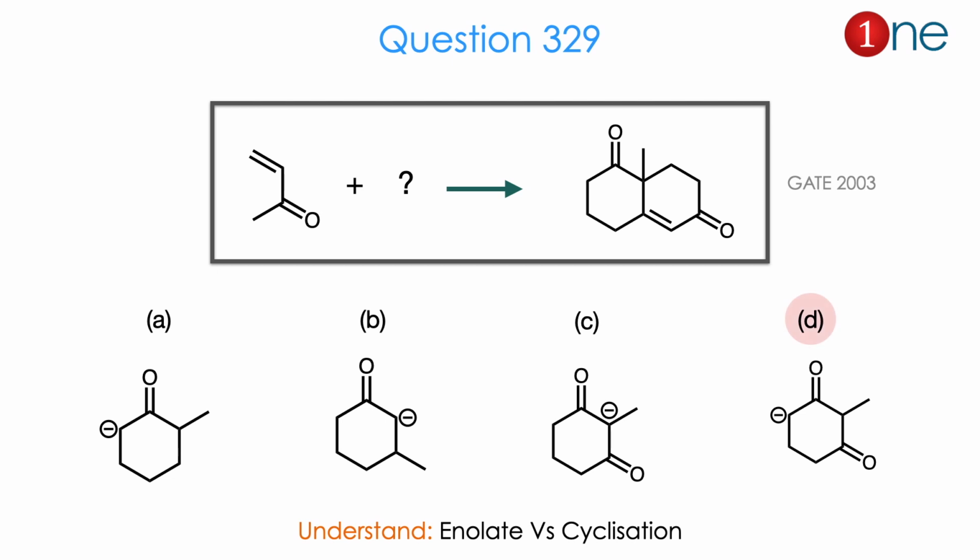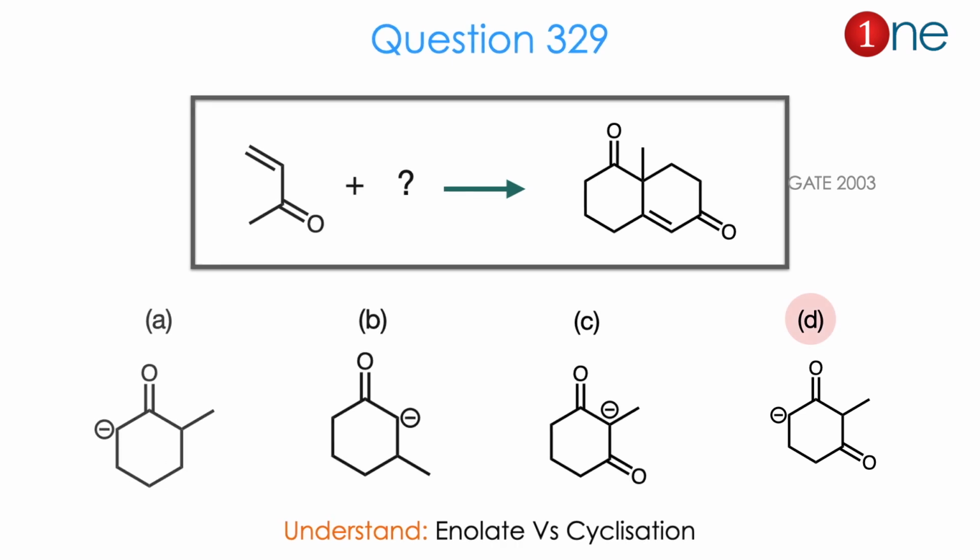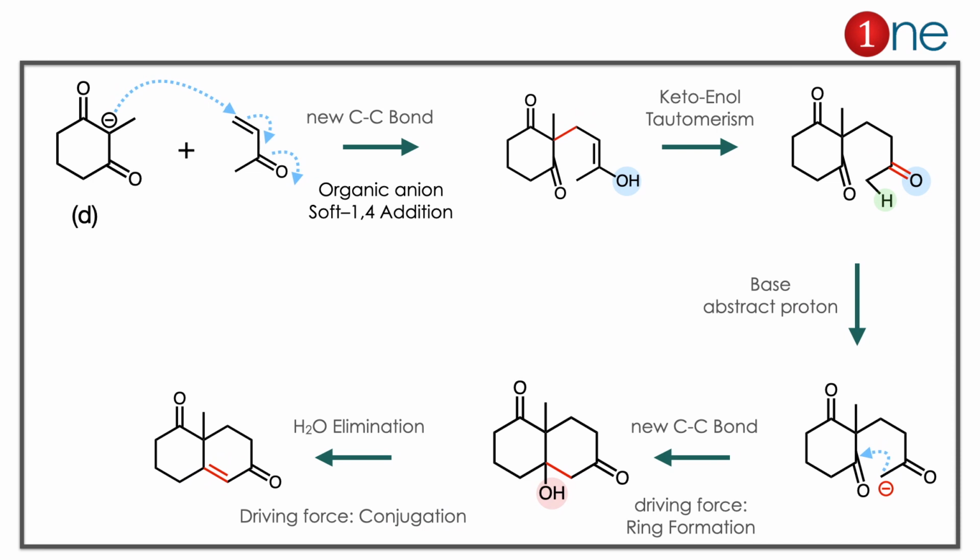Let us see how. Here the first step is interesting because the first step is 1,4 addition. Most of the organic nucleophiles are soft nucleophiles because they are involved in resonance here. So it's a softer one. So what really happens is it will attack at the 4th position, not the 1,2 position. So a new CC bond is formed there. Then you have an alcohol due to the electron movement. Then it can convert into a ketone by keto-enol tautomerism.